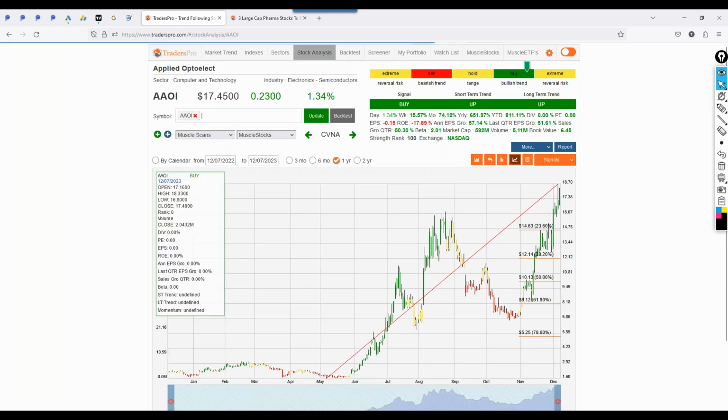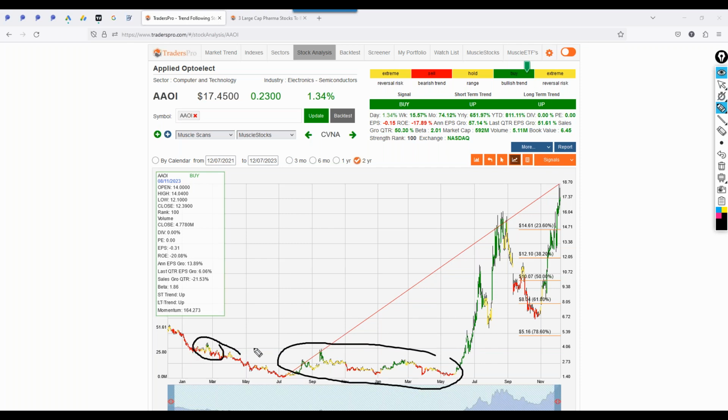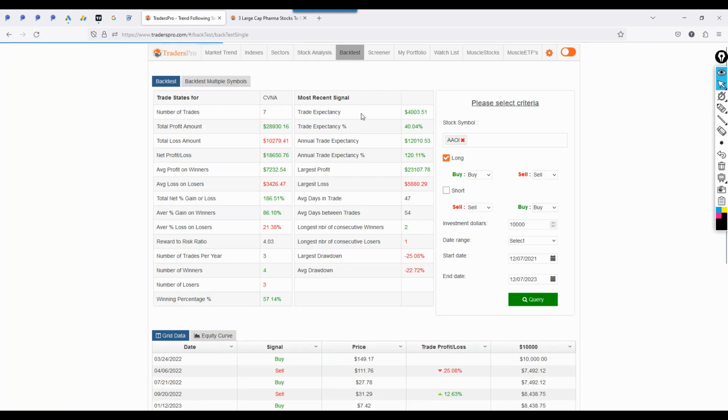In fact, let's look at that now, because this one is going to be skewed a little bit as well, because you end up with some massive winners. Sometimes too, you get a stock that's got a new product or a new technology or a new idea, and it hasn't been discovered back here, but now it has been, and now it may be going forward. And so the characteristics of the back test going all the way back and including this may not provide as much value, but you can go back and look and see. If we were to pull a back test on that entire time frame, see if it pulls in this entire time frame here,